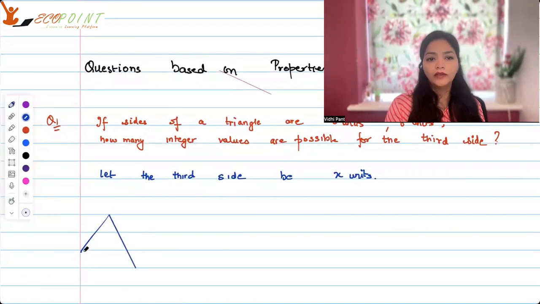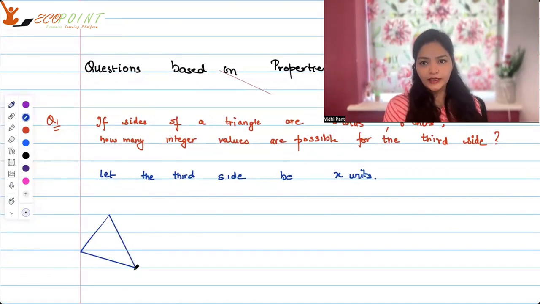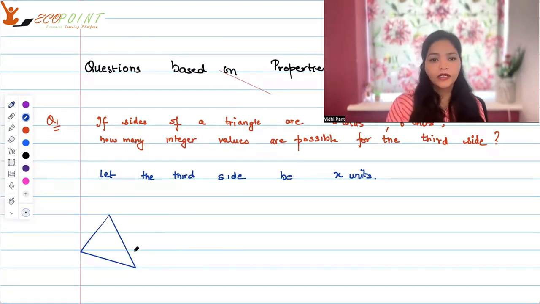If the third side is x units, what do we know about sides of a triangle? No matter what kind of a triangle it is, one particular side will always be lesser than the sum of the other two sides. And the difference between two sides will always be lesser than the third side. So that is what we can apply here. Third side is x units. Now, we know